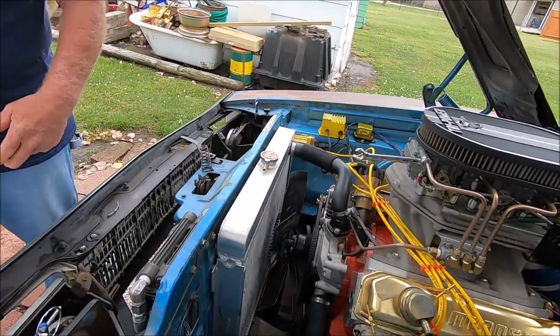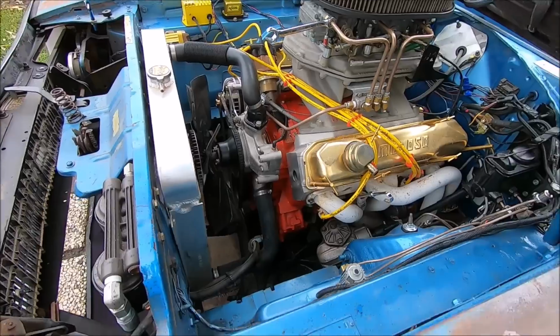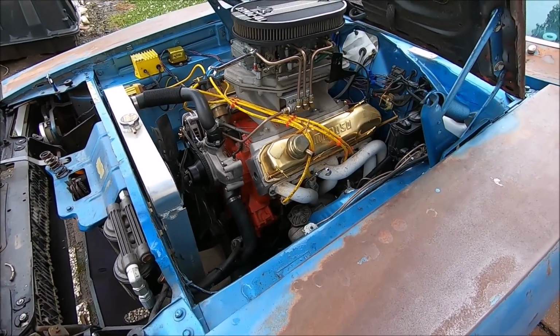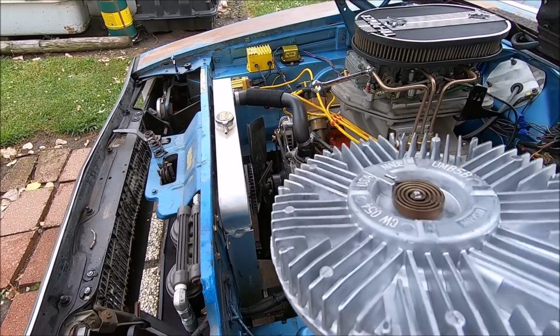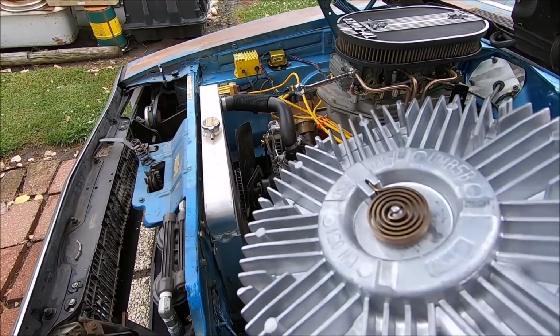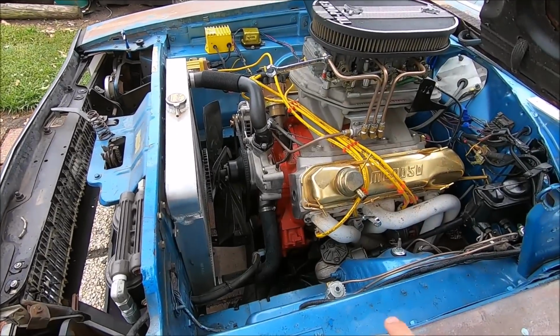So Jezebel's having some cooling issues. She's running pretty steady at 230, and that's way too hot, especially for something with aluminum heads. So the first thing we're going to do is a $40 fan clutch from Raleigh. Made in USA, look at that. I got a rant about made in USA crap, but